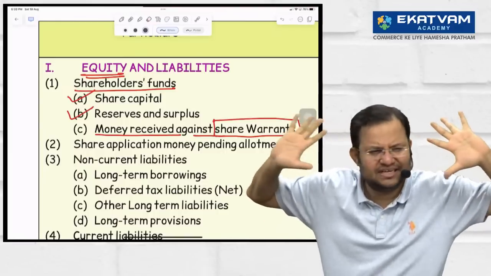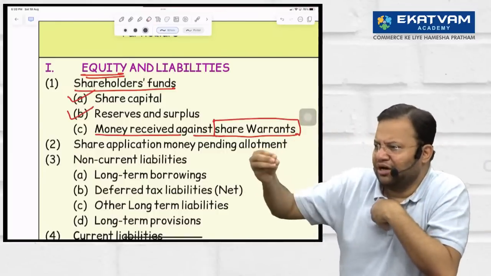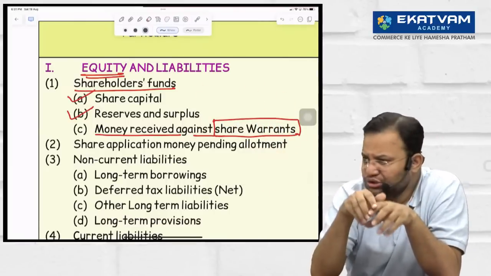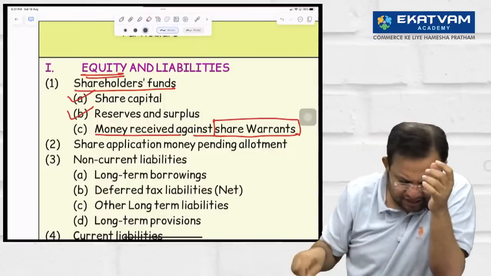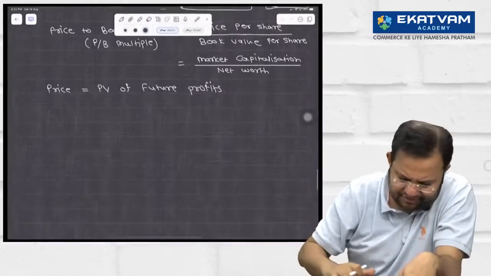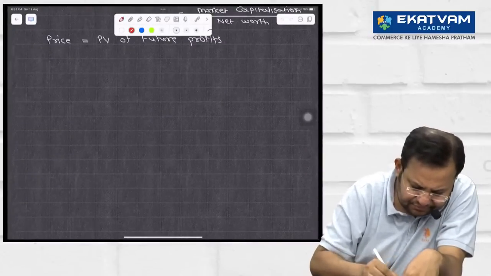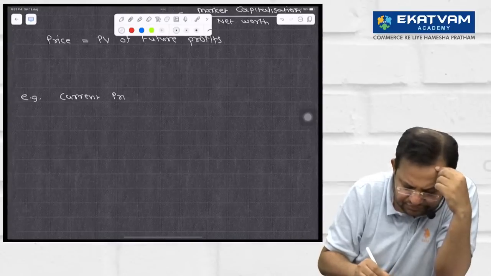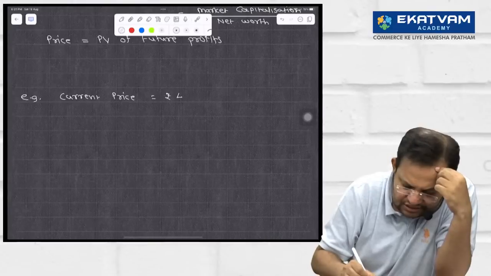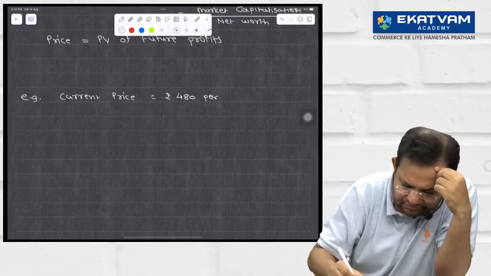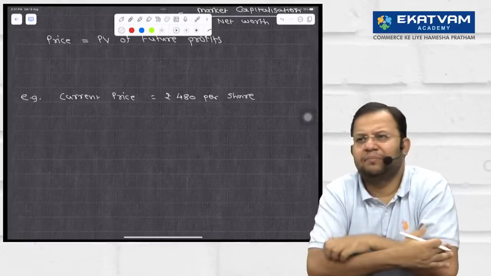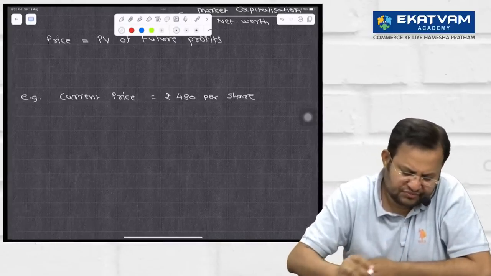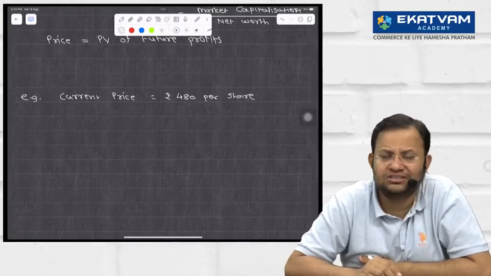Very basic. The company has promoters, and I want to give the shares to them. Let us say right now the current price of a share is something like this. I am giving a hypothetical example. The current price is rupees 480 per share. I say to the promoters, dear promoters,